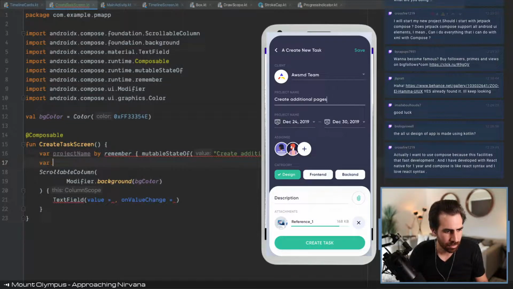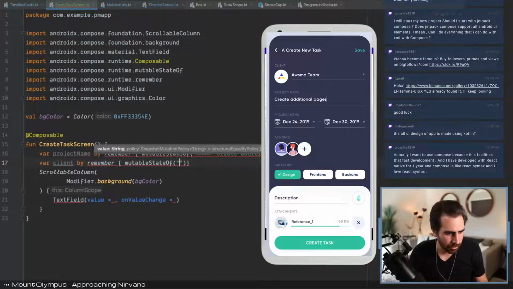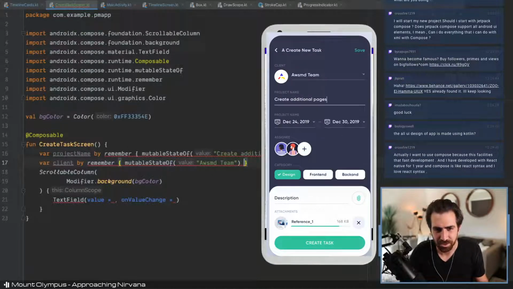And let's create a client. So we've got client here. And I'm gonna put AWSMD team. That looks like the designer just like typed on his keyboard like that or something, I don't know. Okay,